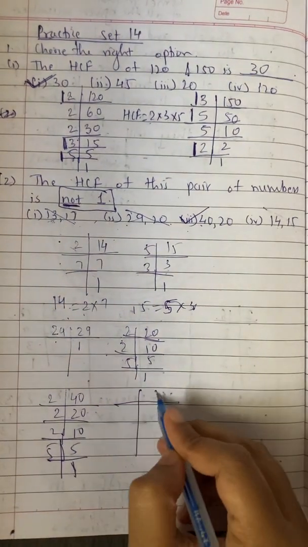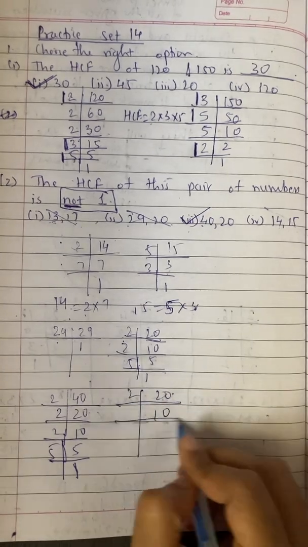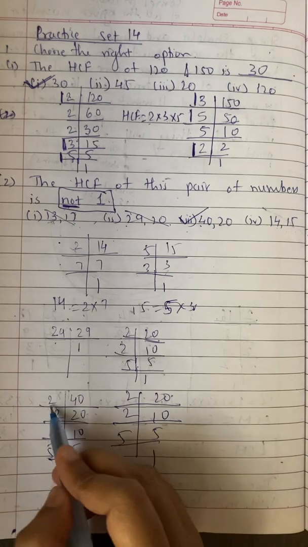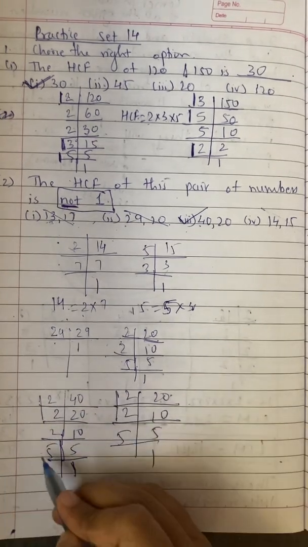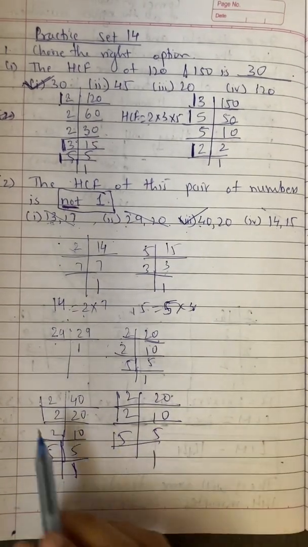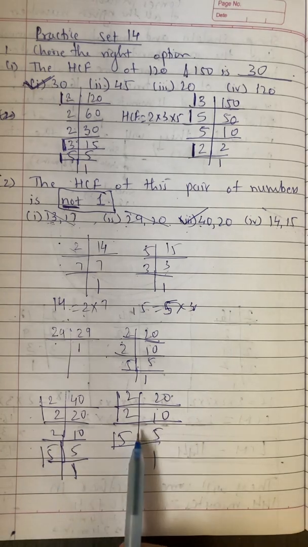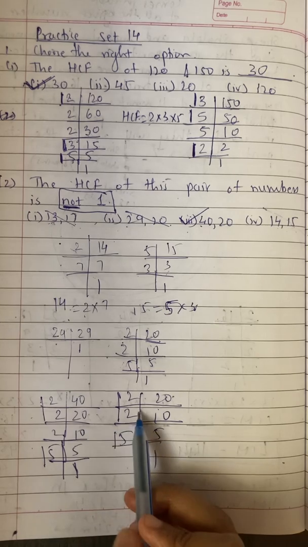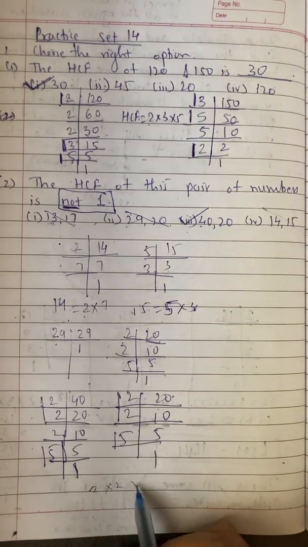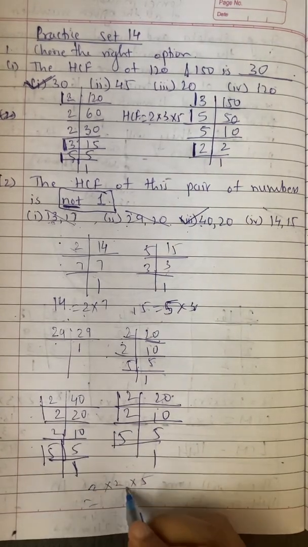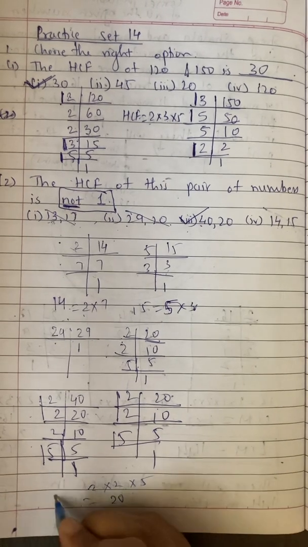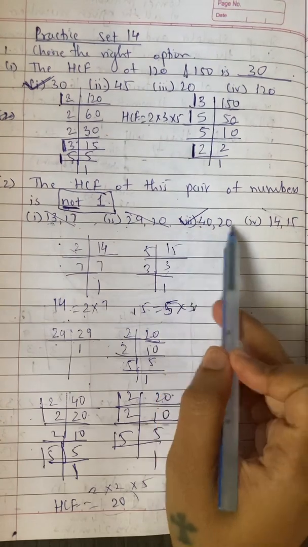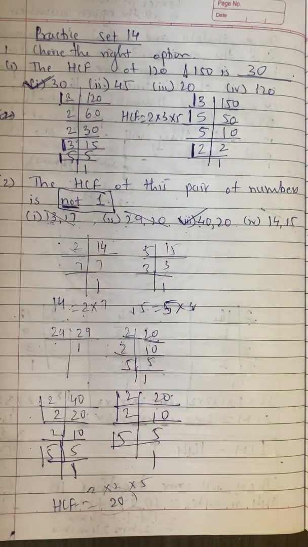And for 20 also, if you find out, 2 10s are 20, 2 5s are 10 and 5 1s are 5. Now if you can see here, 2 2 is repeated and 5 also is repeated. So when you have common numbers, you will get the HCF as the numbers which are repeated: 2 into 2 into 5. So 2 2s are 4 and 4 5s are 20. So the HCF will be 20. So here the HCF is not 1, so that's why this is the answer. Okay.